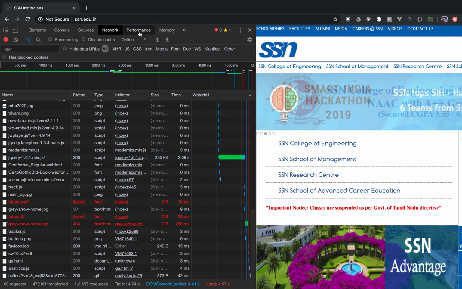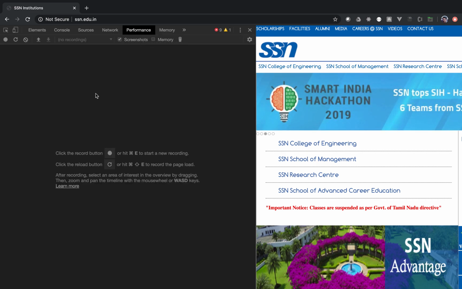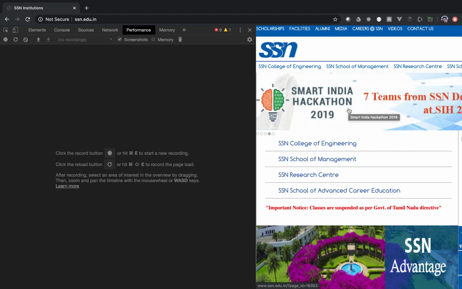And then we have the Performance tab, which can be used to get the performance report of the entire website, including the load time.